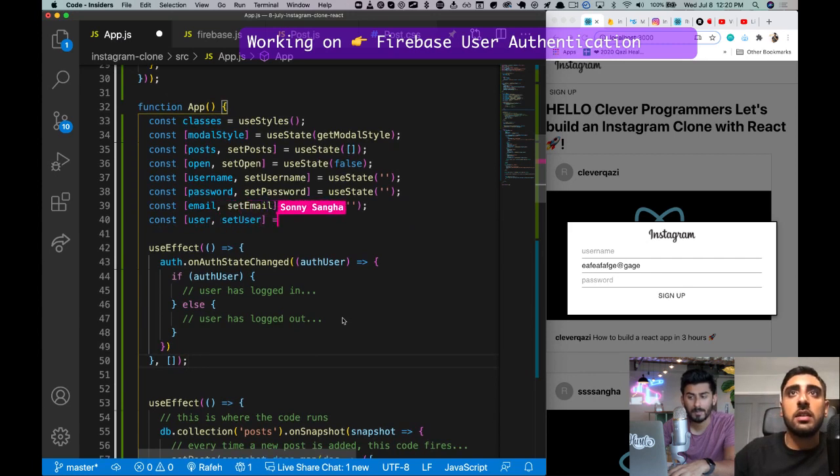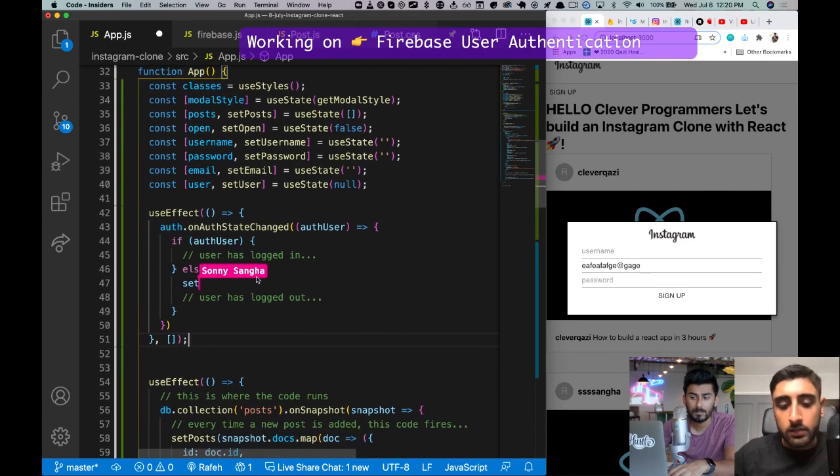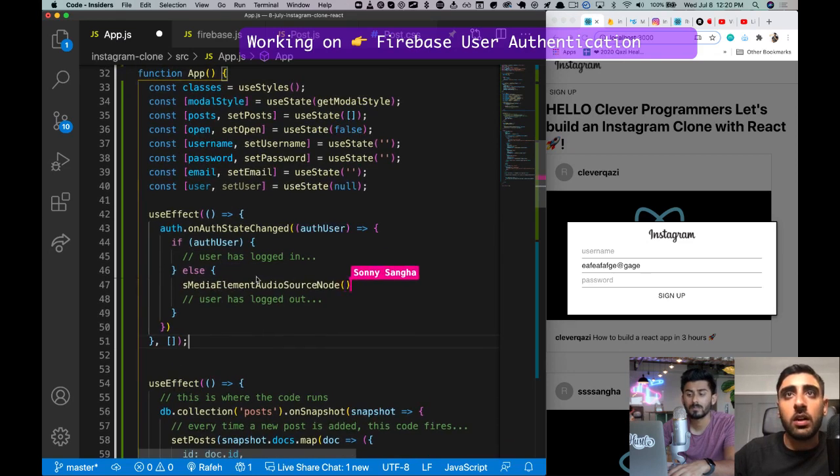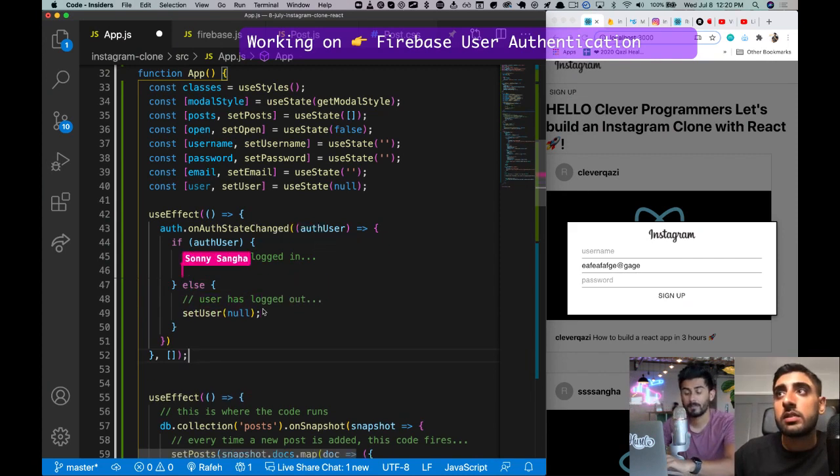So I'm going to say [user, setUser], and this is going to start off with a default value of null, right? And here I'm going to set the user to be null. So if they're logged out, I always want to make sure the user is null, or if they do log out, reset the user to null. And then here, once the user logs in,